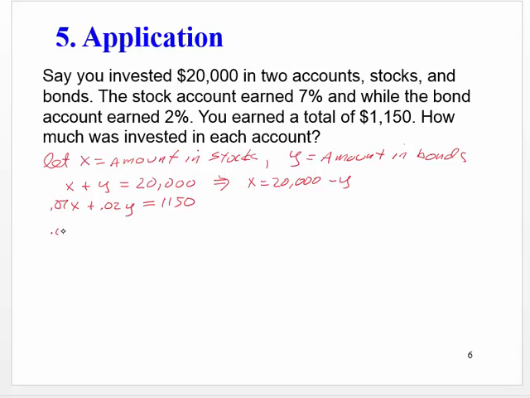And we get 0.07 times 20,000 minus y plus 0.02y is equal to 1150. We distribute, and here we have 1400 minus 0.07y plus 0.02y is equal to, combining these,